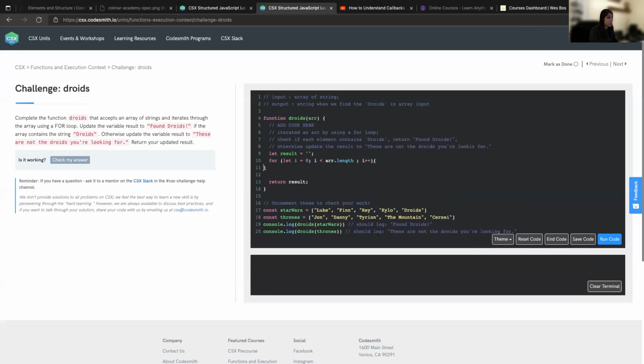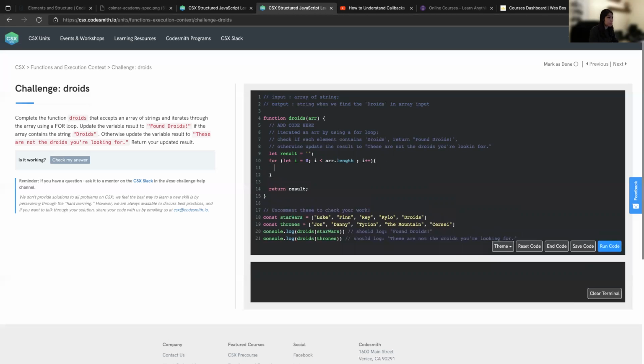And then we go through the body of the for loop and we check if array index I contains joy, the string of joy. Then we're going to return